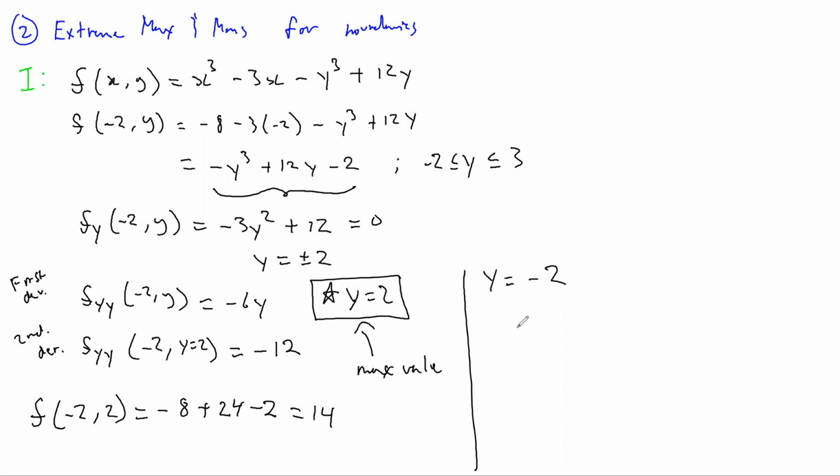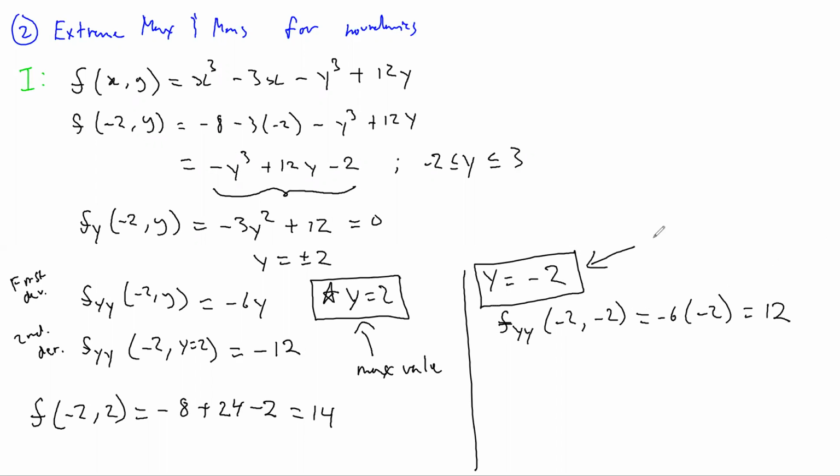So plugging in negative 2, we get f_yy of (negative 2, negative 2). We get negative 6 times negative 2, which is going to be positive 12. And hence it concaves upwards, which means that this value at y equals negative 2 will be a minimum value, a minimum critical point. Okay. So we can say that f of (negative 2, negative 2) is going to be a minimum value at,